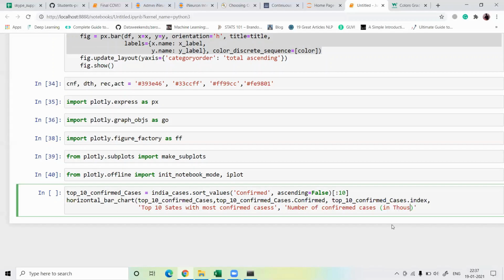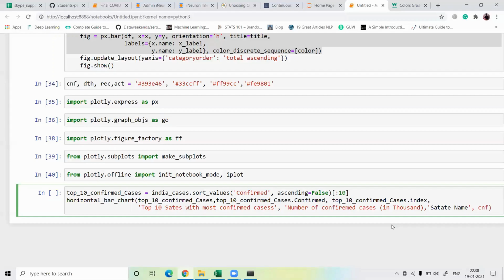I just take it in thousands, and then define our state name, and the color as CNF.